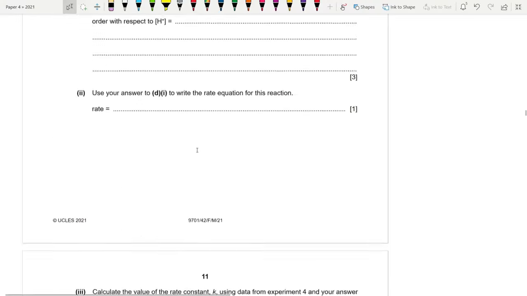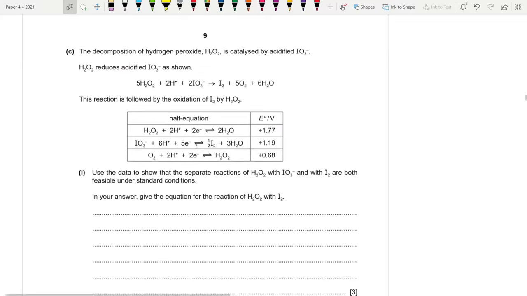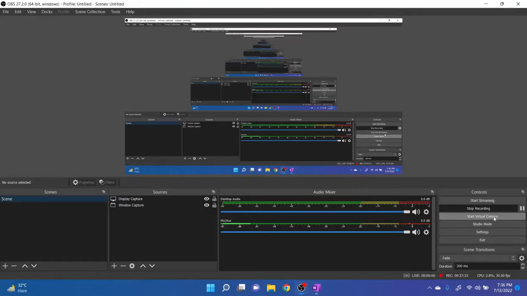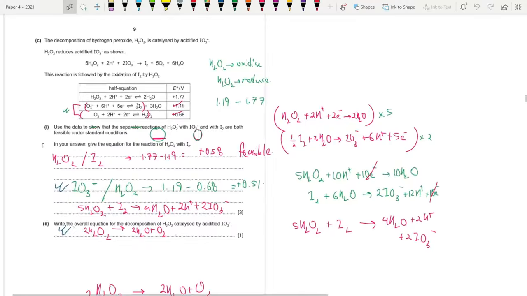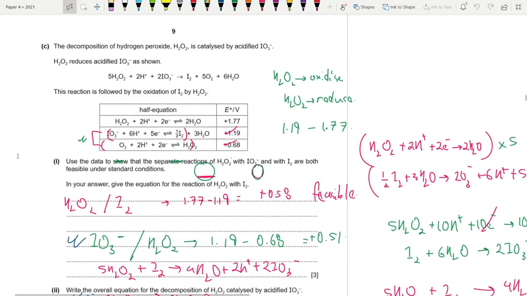This is a tough one. The decomposition of hydrogen peroxide is catalyzed by acidified iodate. I think I have this done. Wait a bit. Alright, so yeah, I did have it. I just copied it. So let's begin. Let's see what we have here. This question is a bit complicated, so pay attention. For question 3C,